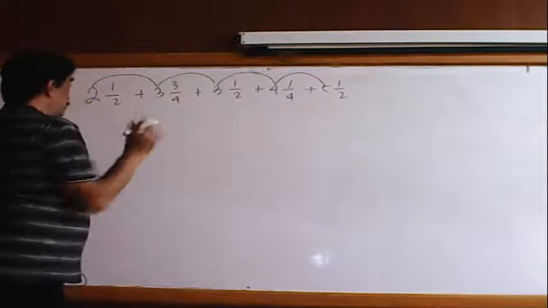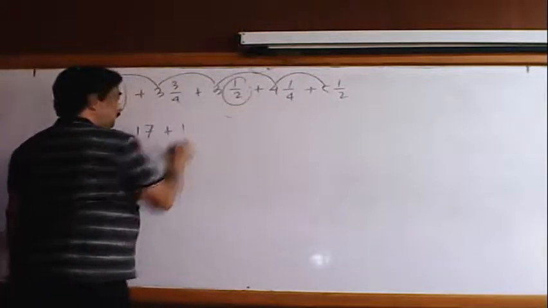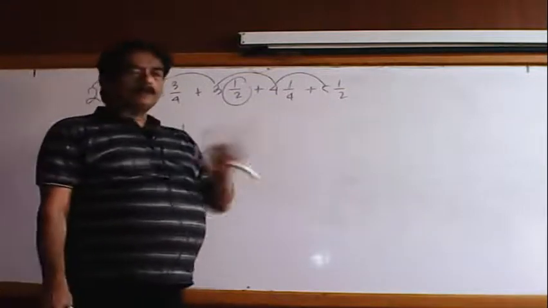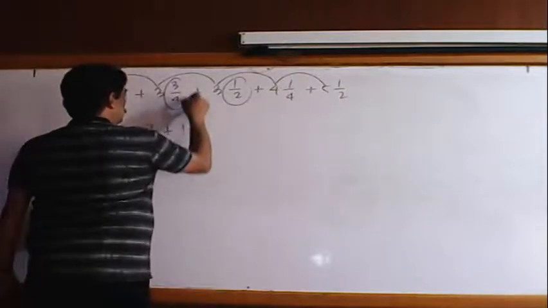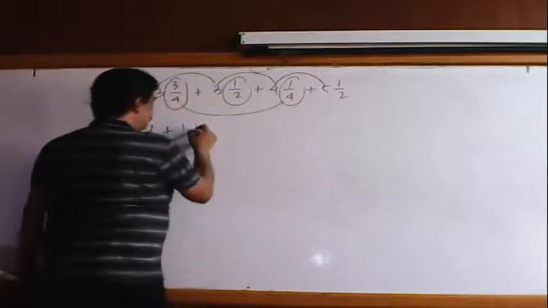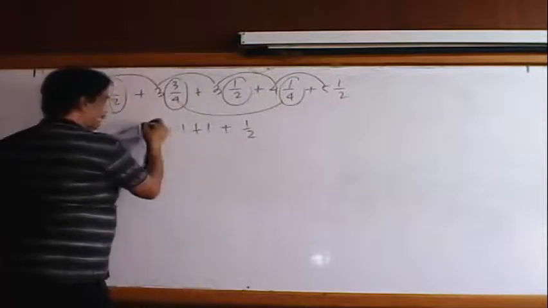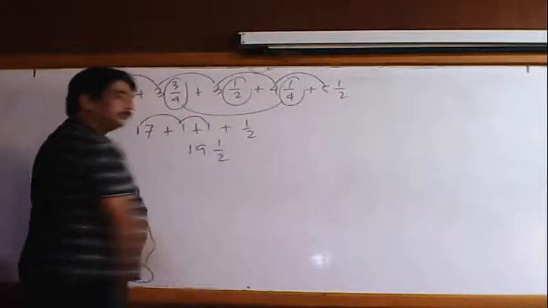Observe very carefully. 1 times half and 1 times half we can get 1, because we are already done. 2 times half is 1. 3 times 1/3 is equal to 1. So now this 3 by 4 and this 1 by 4. So 3 by 4 plus 1 by 4 is another 1. So the remaining part is only half. Your result: 18 plus 1, 19. So 19 and half, that is your answer.